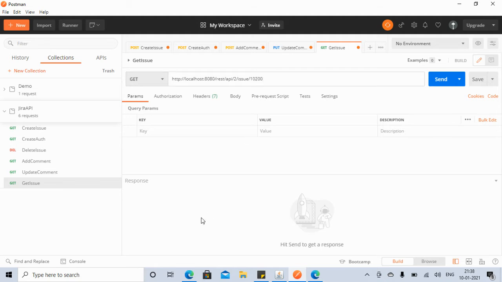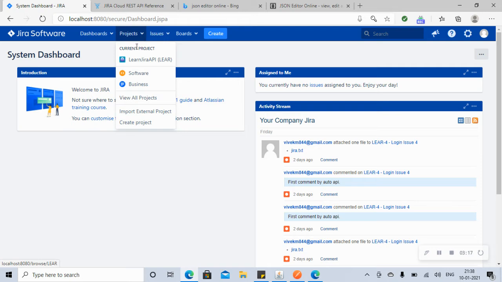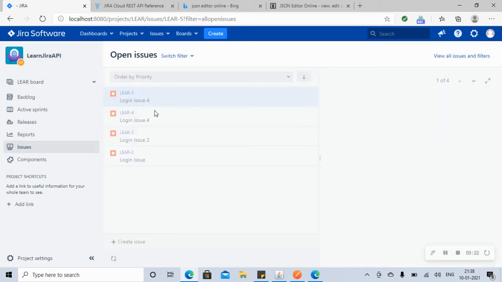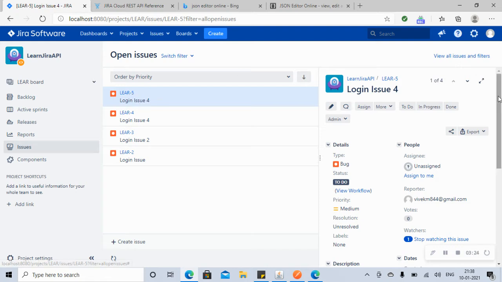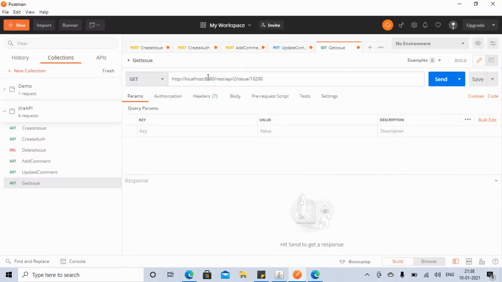Okay, now if you go here in Jira, so we created this now. But this doesn't have any comments because we haven't added any comments. So if you want to add a comment, you can add it here, or you can add it using the request that we have created.